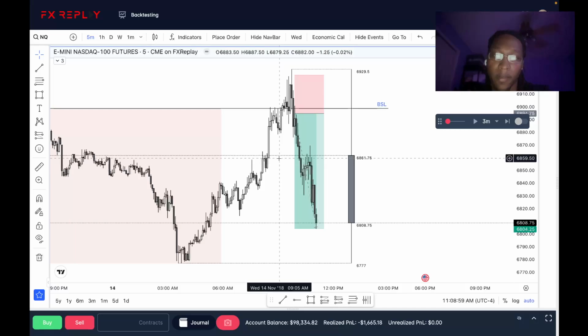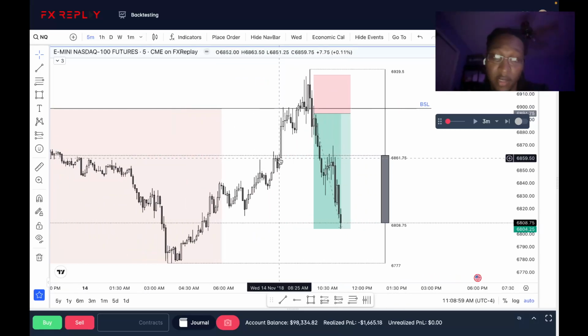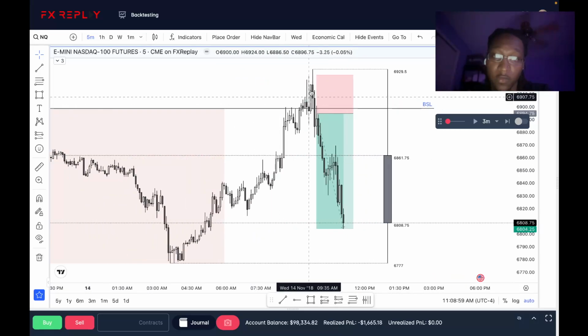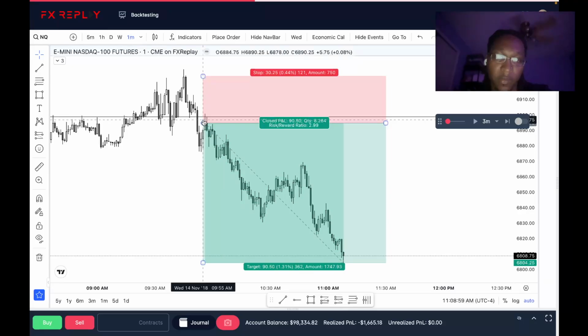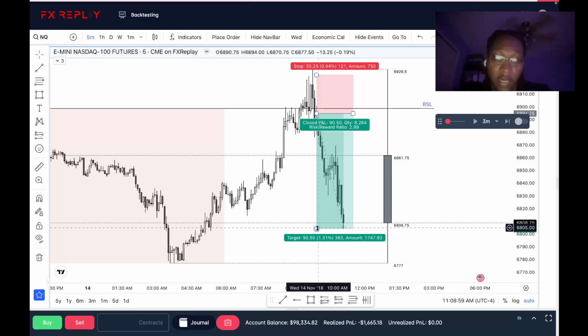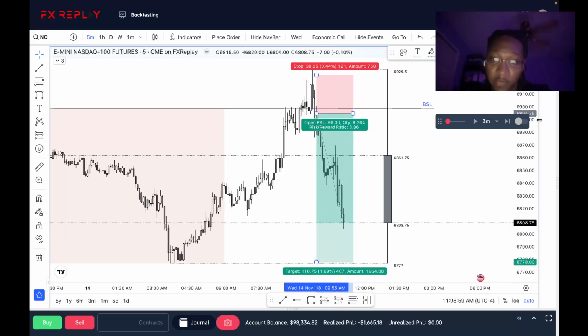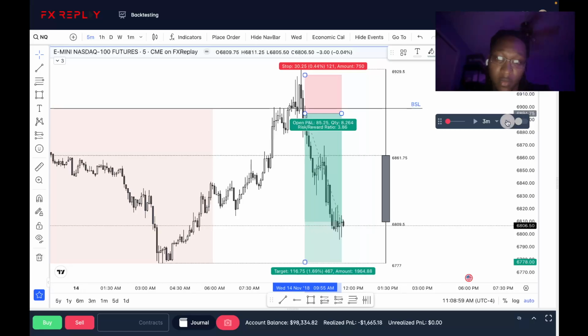Take it lower. There was a run above buy side liquidity. Shift here. I mean, change in state of delivery. Market structure shift at this swing low, retrace to the order block. In 1 minute, there's this fair value gap that price was at, and you could take that and trade lower. Now, could I have held using my stop, like put my stop above this high and then continue it lower? Maybe.